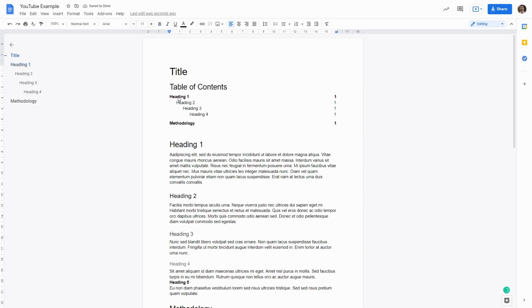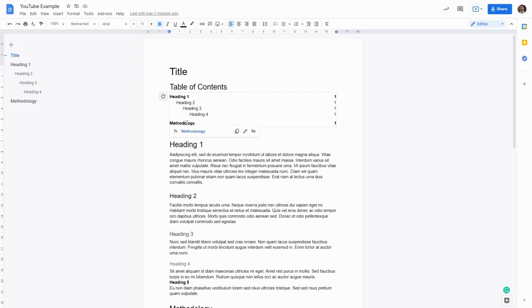Another very nice thing is that if I click on the heading here, and then I click on this link here, my cursor moves to the heading. And I can also navigate the document using the document outline here. And the document outline is going to be extremely useful if you have a big document to navigate through. So it's always a good practice to keep your document organized in sections, and you can do that using headings. Another important thing to note is that here you can see I have the heading and I have my table of contents.